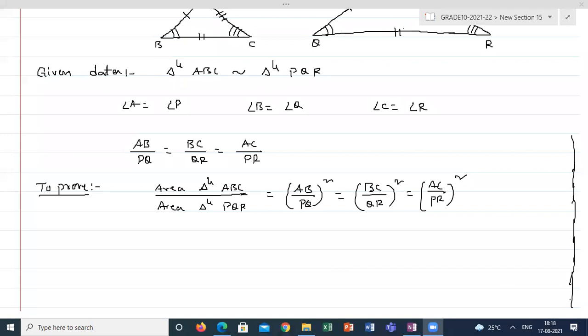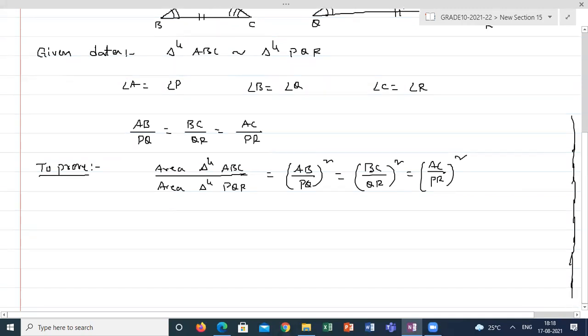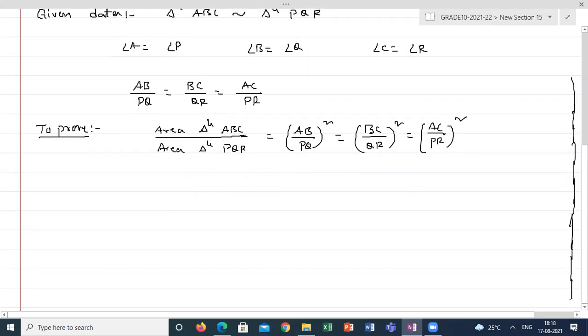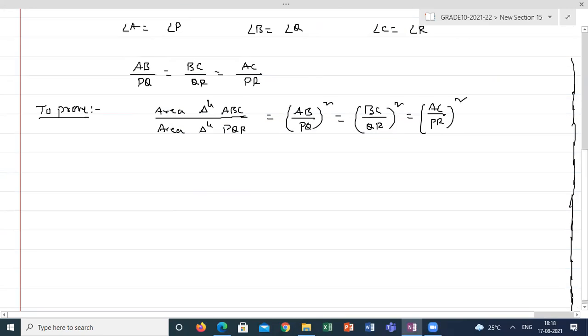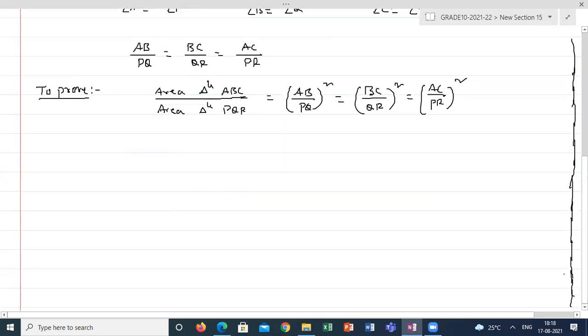Yeah, this is what I have to prove. So I have to take one construction. What is the area of the triangle formula, guys? We can use two formulas. One is half into base into height. Using that formula only we are going to discuss. So to form the area of the triangle, I need a construction. What kind of construction will be helpful to find the area of the triangle here?